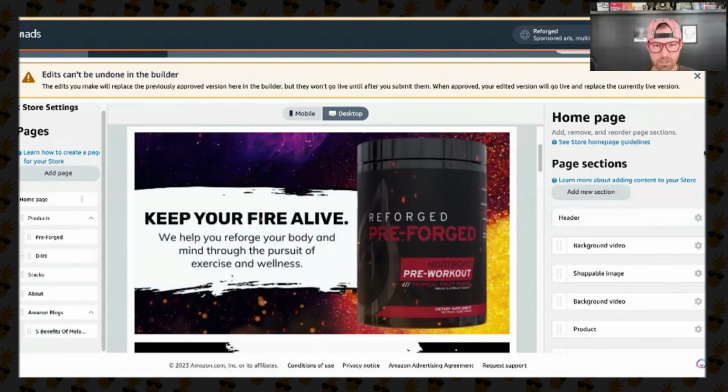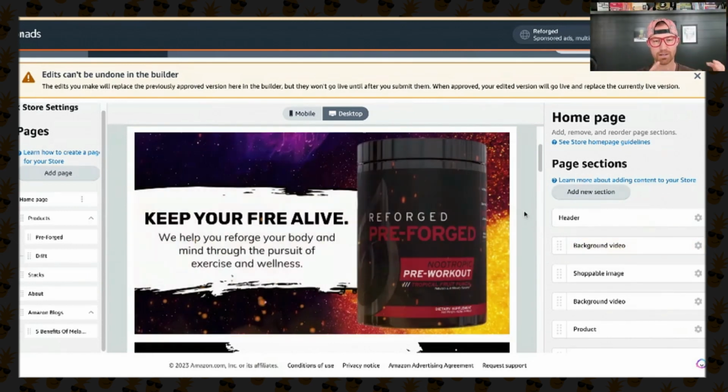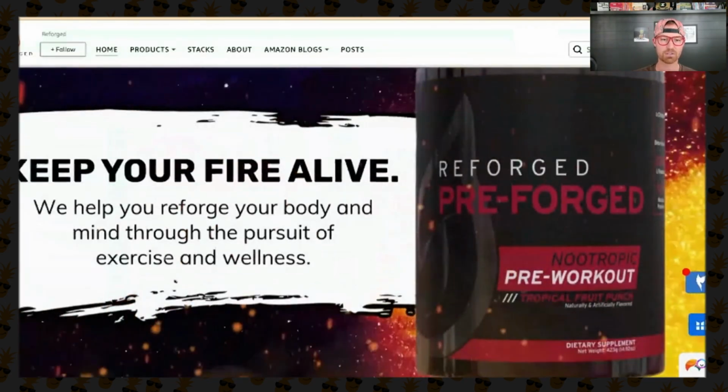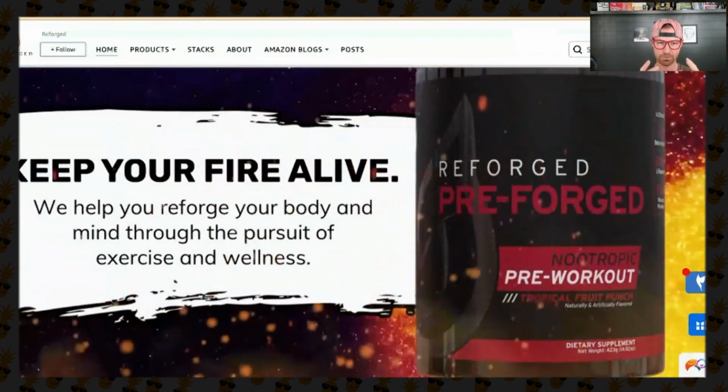Have you tried that with a video ad yet? Yeah, I have not tried it, but that's the idea. Because it almost looks like a static image, right? And it's going to look like that, but then you have this fire element coming out of it. When you first pulled it up, what I noticed on the storefront is that it caught my eye. So if you're scrolling through Amazon and all of a sudden you just see that little flickering,